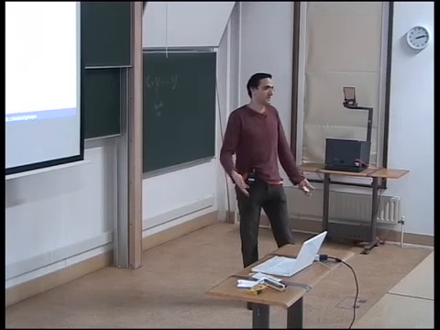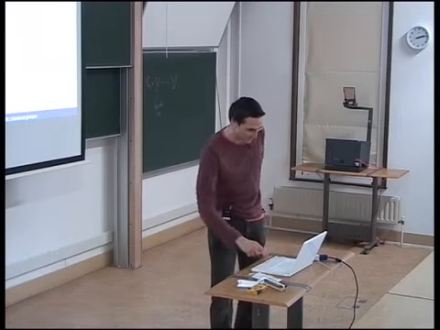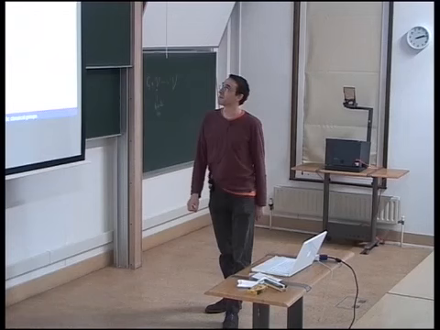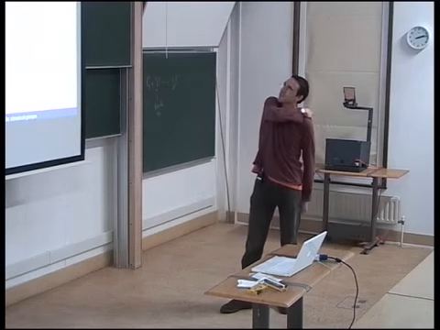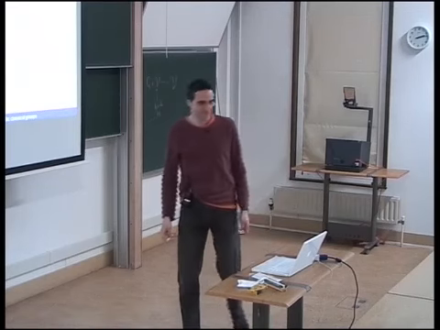So it factors through SLN, so it factors through the determinant. So it must be irreducible, it must have been one-dimensional. Okay, and so one-dimensional representations, I apologize, in this theory we call them characters. A character somewhere means what you might call an abelian character. It's kind of a quasi-character, but most people leave out the word quasi. So if they're not one-dimensional, then they're countably infinite dimensional.